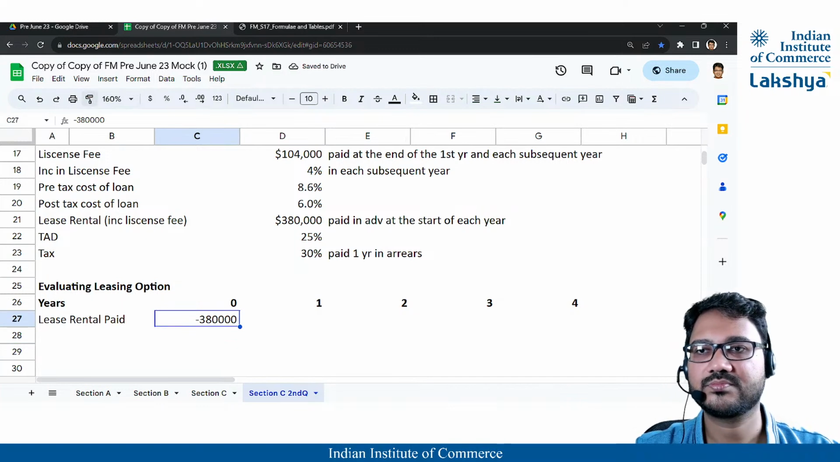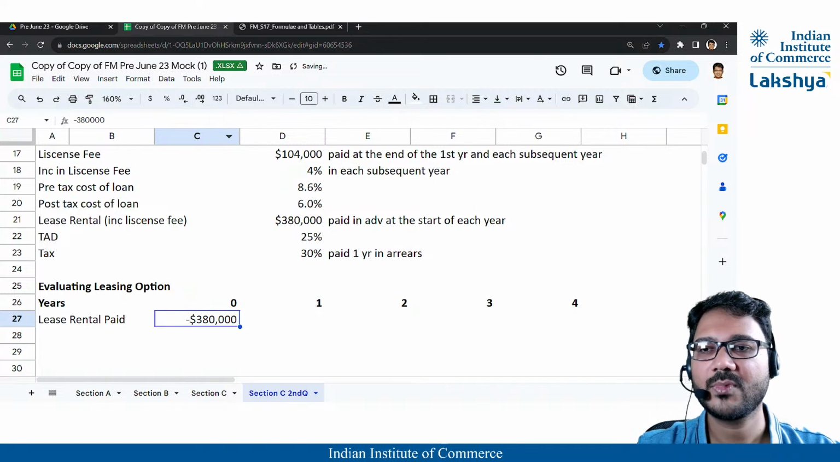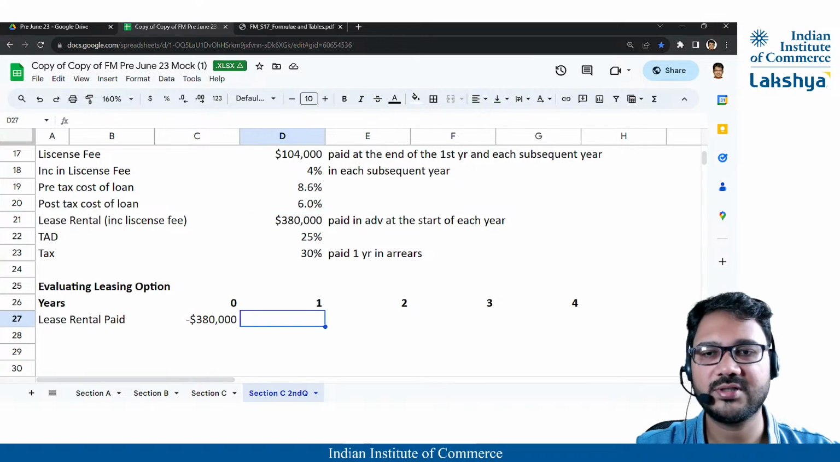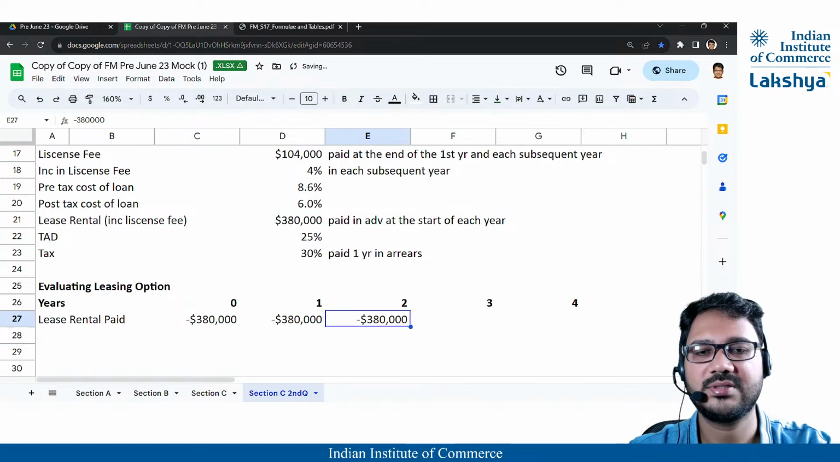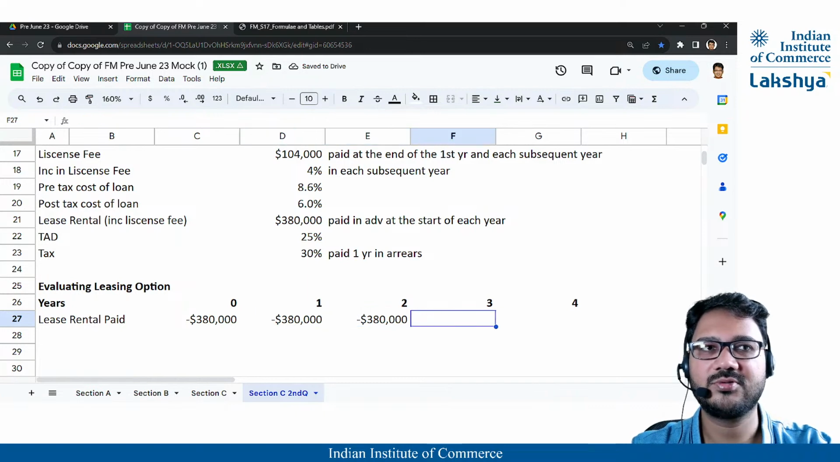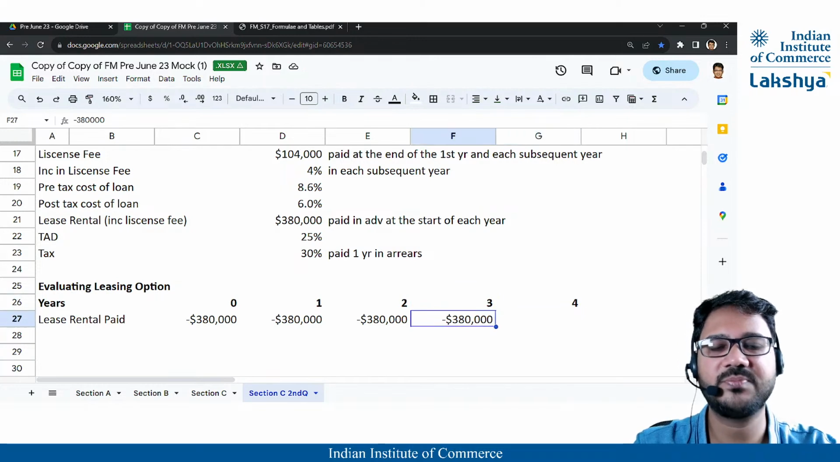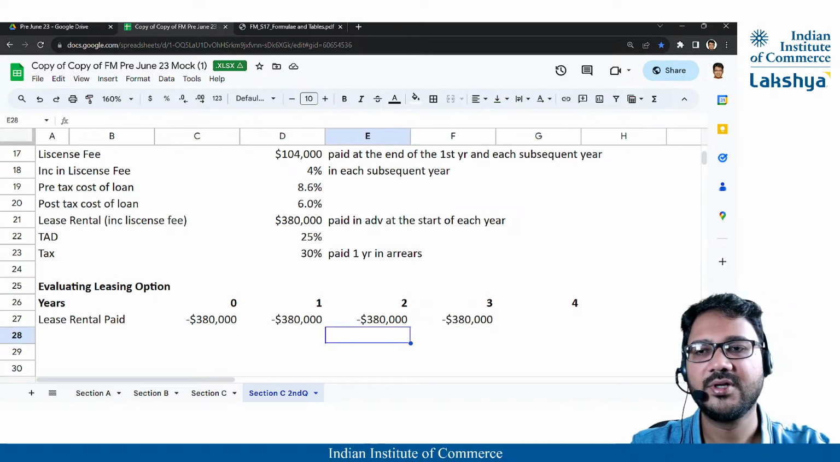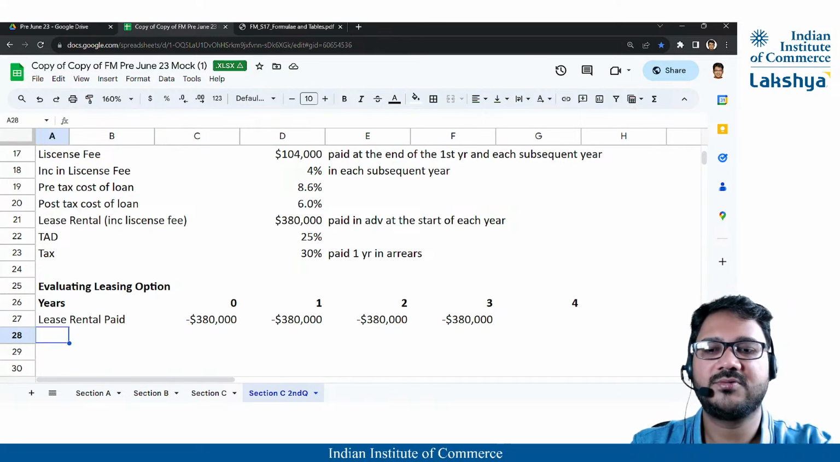And lease rental, well, they haven't said anything about any increase, so it's going to be the same. 1, 2, 3, and 4, so all 4 years. So the fourth year's lease rent is paid in the third year itself. All right. Now,